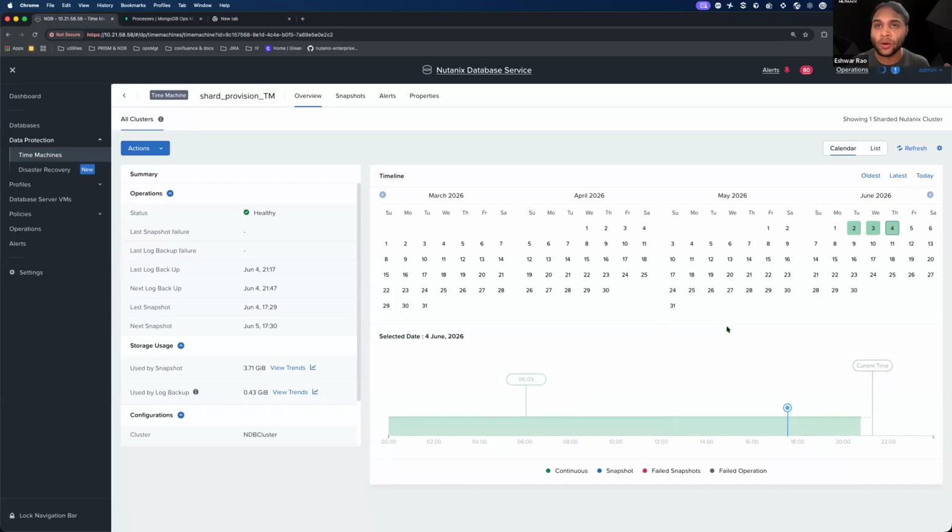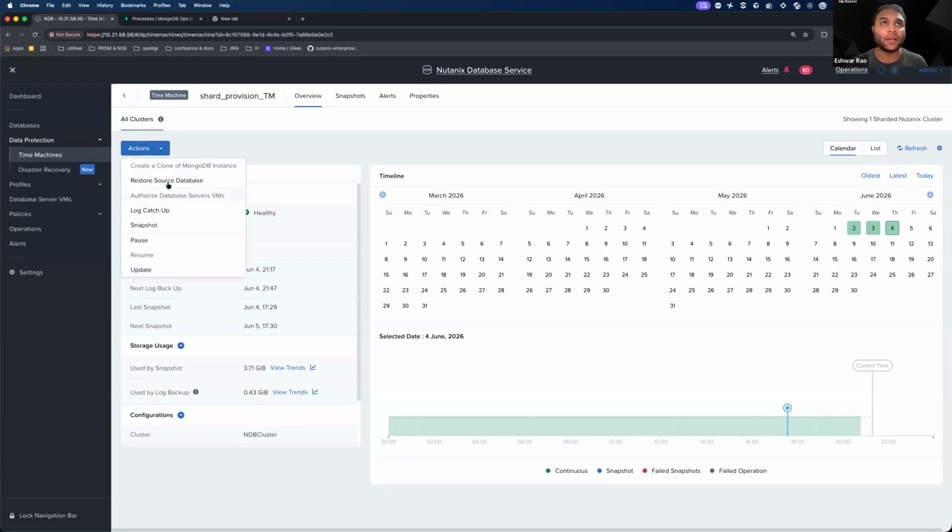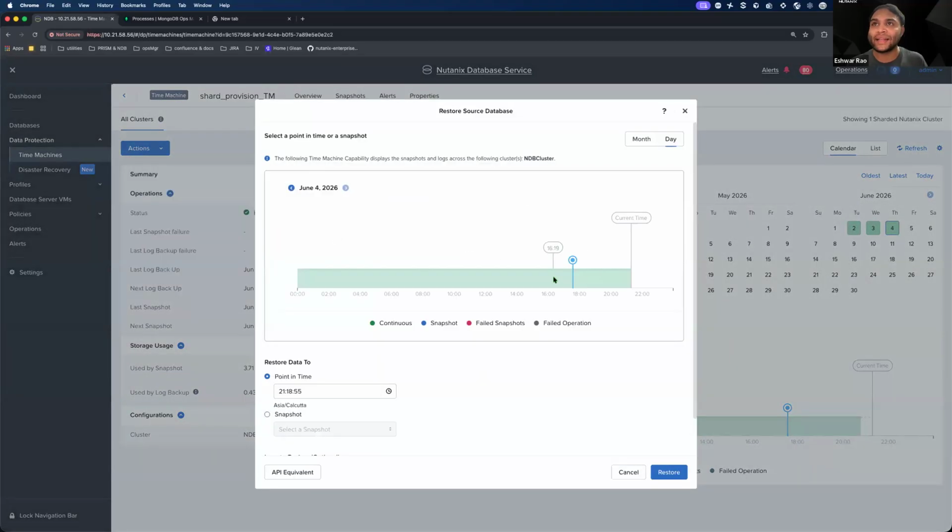This is the continuous oplogs. The time machine talks to Ops Manager, the database gets involved, and all these components get involved, and they pull out the oplog slices, snapshots, and all those things. So the configuration right now is something like a snapshot every day, and a continuous tailing of the oplog happens here. In case a situation comes in, and as Anand was talking about, you can go back to any point in time when you want to perform a restore. I can just click on actions,